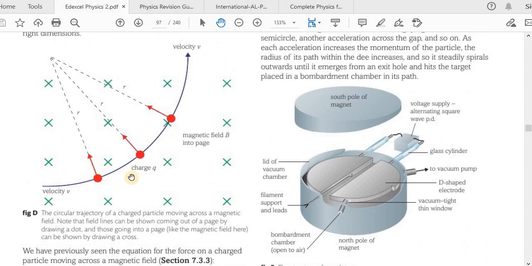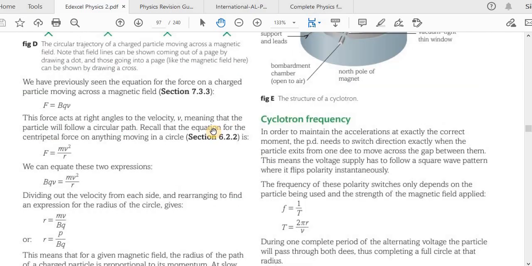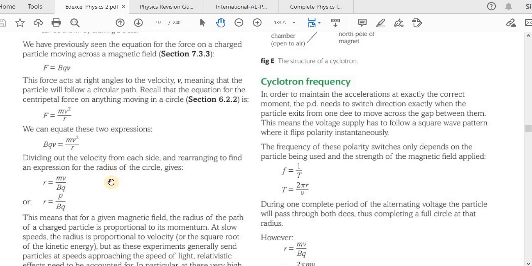Why is it the centripetal force? Because this is moving in a circular path. Remember that the centripetal force is an unbalanced force. Always it is a resultant or unbalanced force. Dividing out the velocity from each side, here we have v, here also we have v squared, so we can divide by v, and rearranging to find an expression for the radius of the circle gives r equals mv over